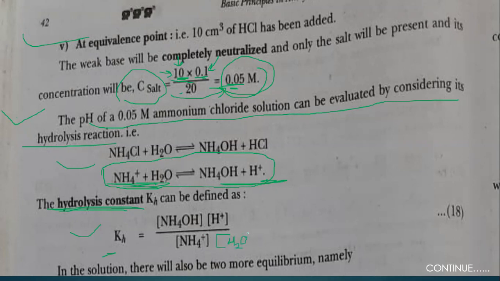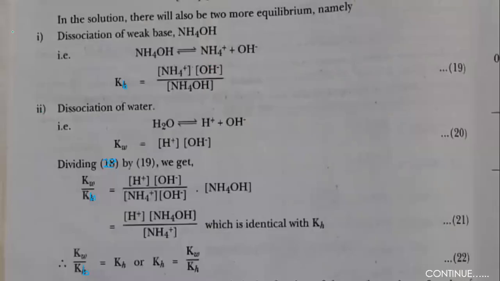We have studied this in FYBSc and in 11th and 12th standard. Okay, so we are not considering this. We are considering the remaining part here. Now this is your KH, the hydrolysis constant. Okay, see now. What is the dissociation for a weak base? A weak base is NH4OH, giving NH4 plus and OH minus. So the dissociation constant for a weak base is the product of concentrations of these two species upon the concentration of this species. Here it is Kb.